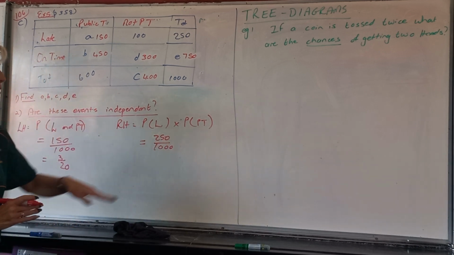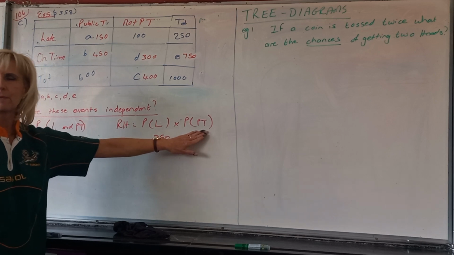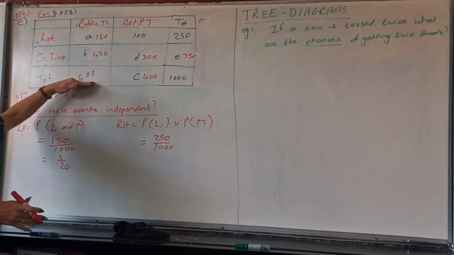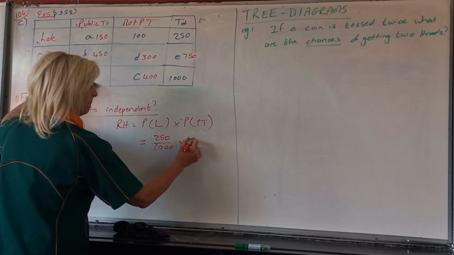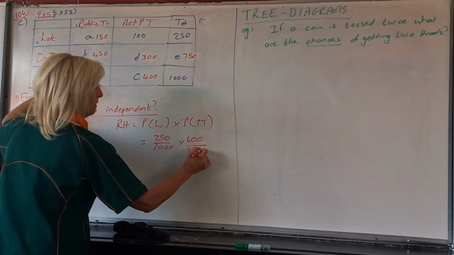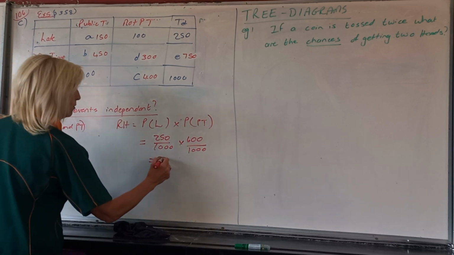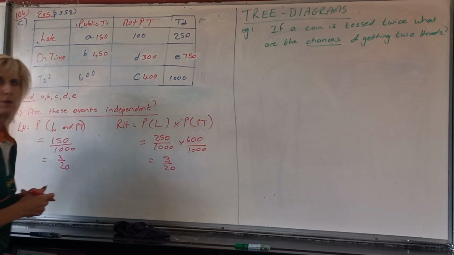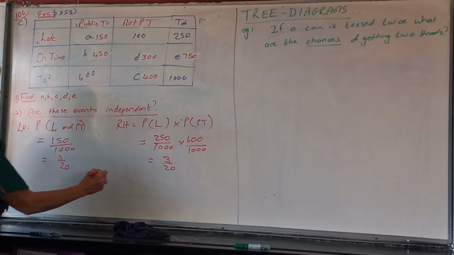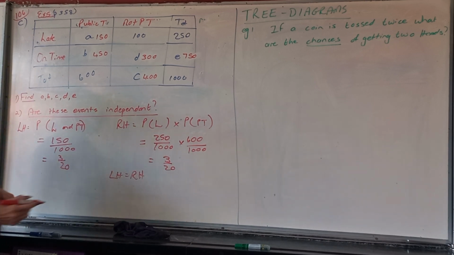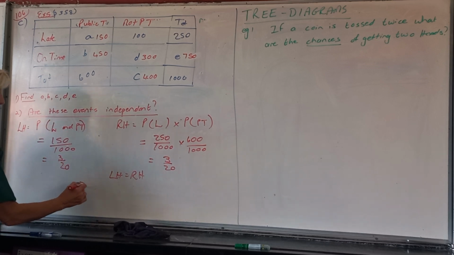And the probability that a guy uses public transport, whether he's late or not, is 600 out of the 1,000. And if you take your calculator, I've already done it, I know that they're all the same, so it has to also be 300. So what does that tell you? They're independent. That the identity works, and what does that tell you? These events are independent. What events? Being late